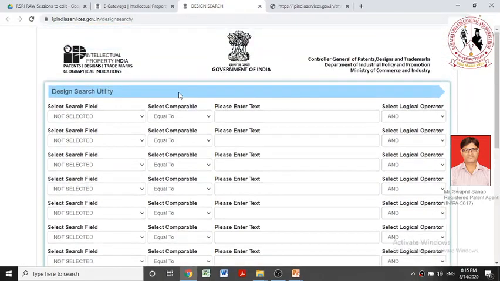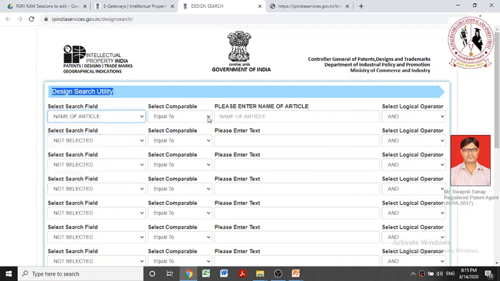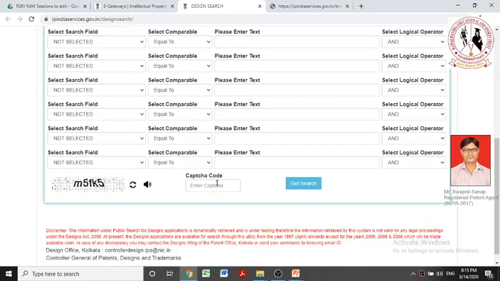Now this is a search which is actually for a design utility. So let us see, in design you want to check name of the article which contains, what, mobile. Any article whose name starts or whose name has mobile in itself, I will be able to see it here. So let us see how it gets. Yeah,